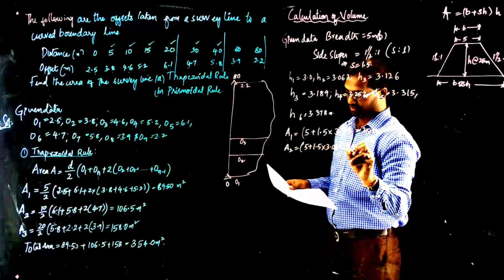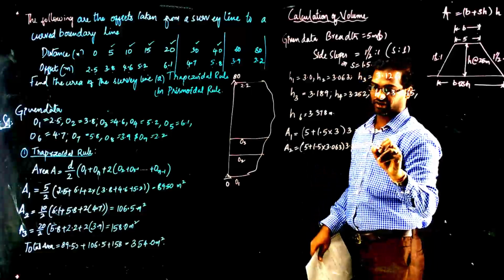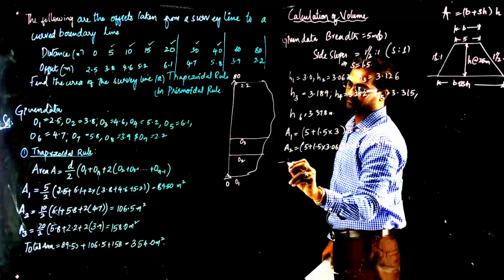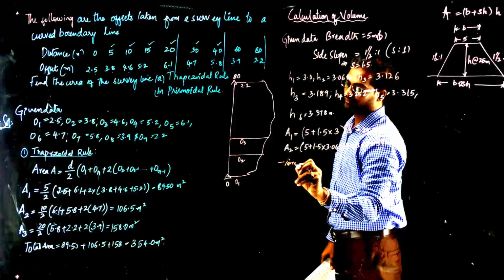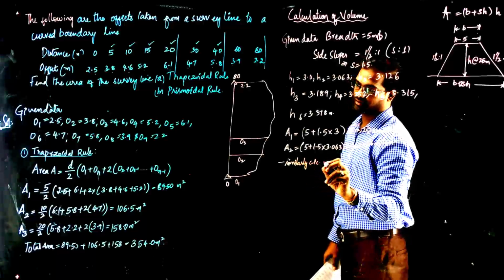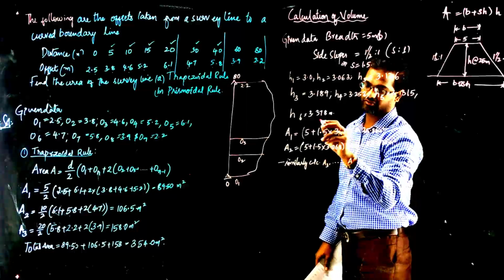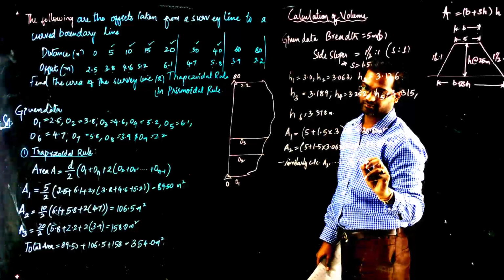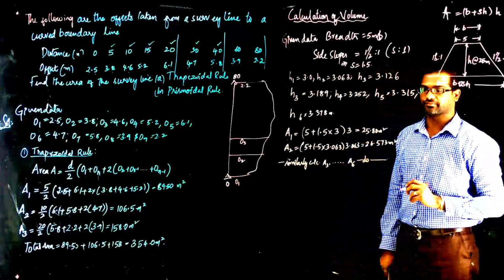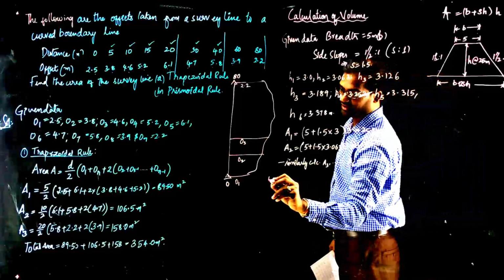Similarly, A2 is 5 plus 1.5 multiplied by 3.063 into 3.063, that is 26.573 square meters. Similarly, calculate for A3 and so on. How many will you get? You will get up to A6. Fine. Now when you get all these values, now we need to use